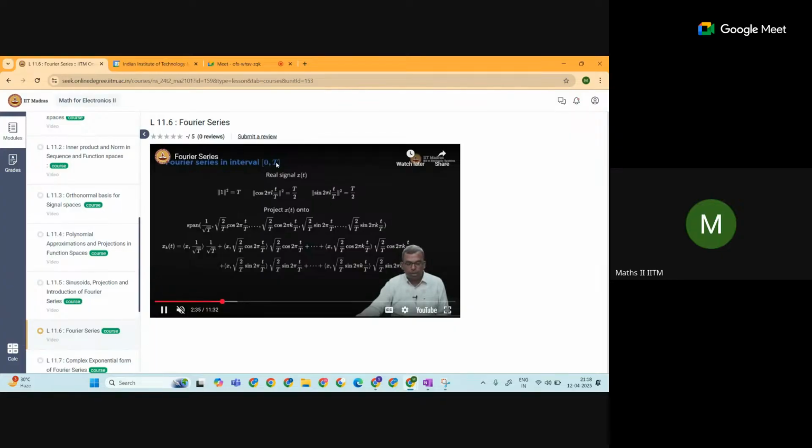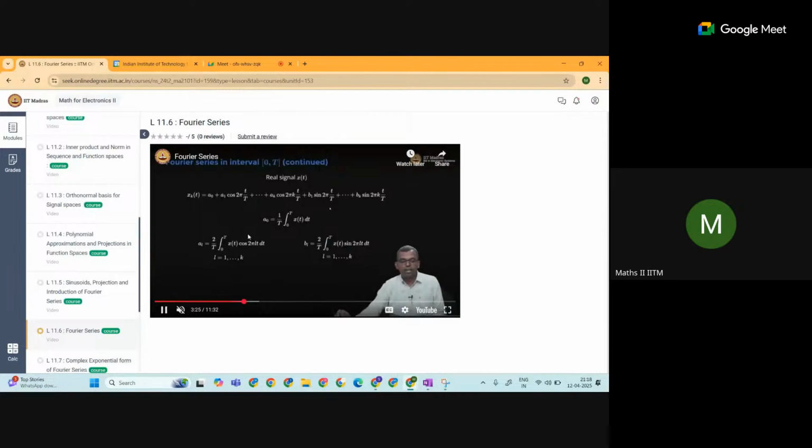At least 0 to 2 pi you should remember. This formula is important, because generalizing is kind of tough, but 0 to T is most probably what may come. You can remember this formula, which is this one, written in a clearer form here. x(t) is given, and I want to write the Fourier series of it. So this is